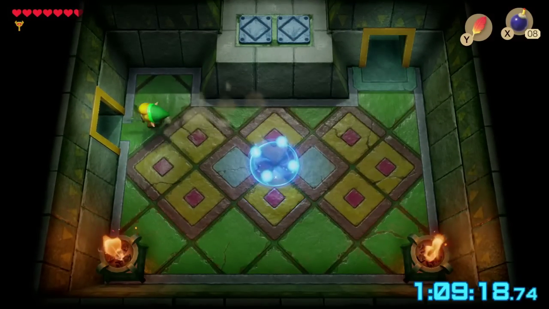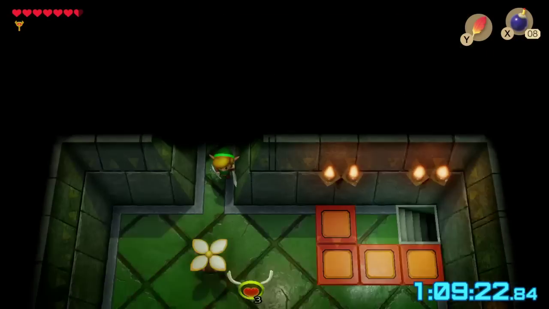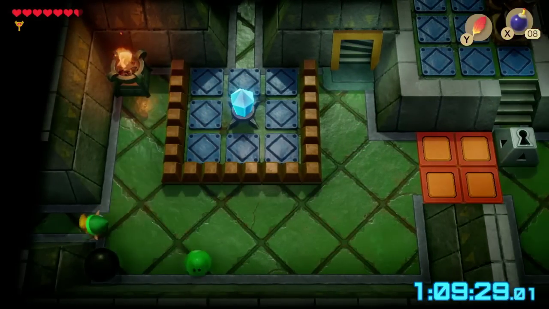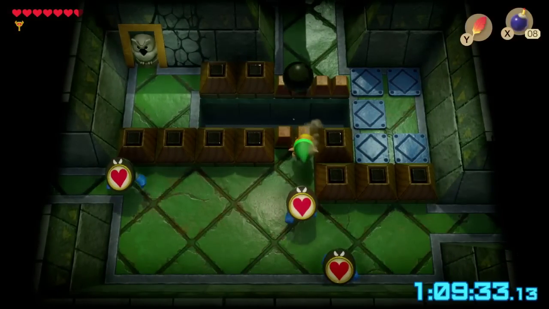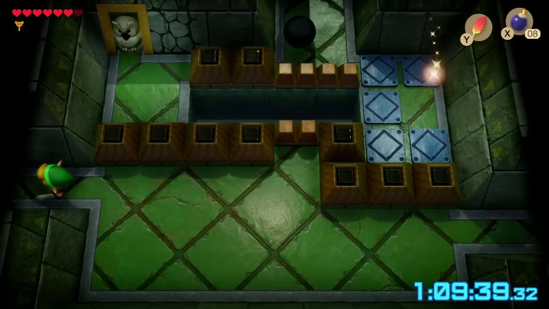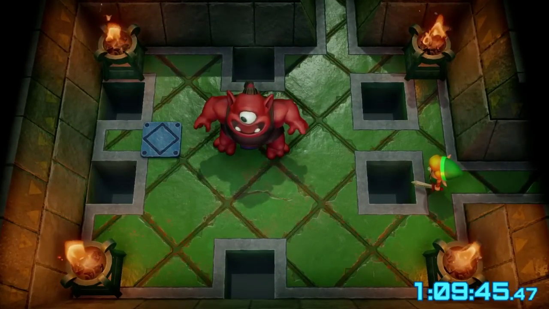Alright, so now I have the Nightmare Key. And we're gonna go back and knock down the last pillar. We still have work to do. That wasn't the worst that could have been. So we need to make that chest appear because we need the hook shot across that gap right there, coming down. So remember when I...